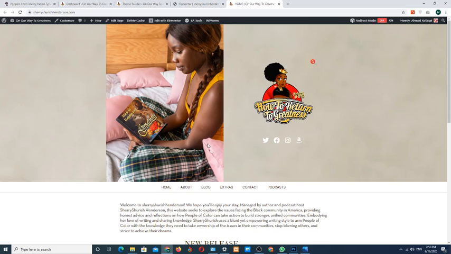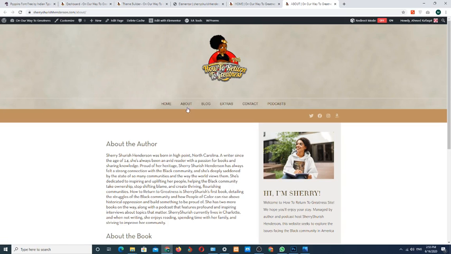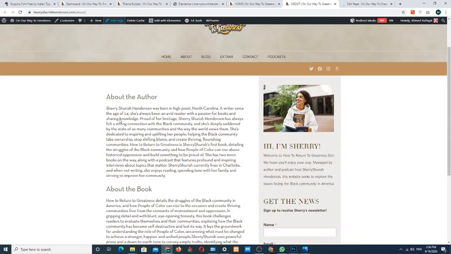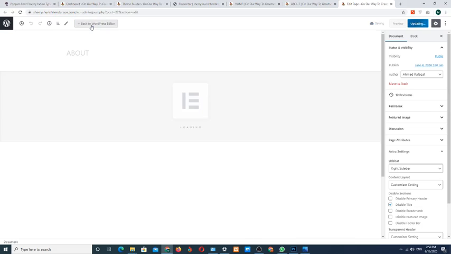and if you want to change the content of your about page simply click on about. Okay, click on edit page, click on edit with Elementor.